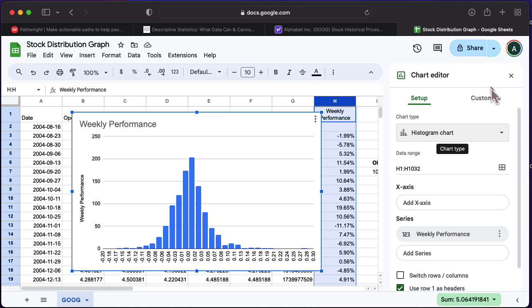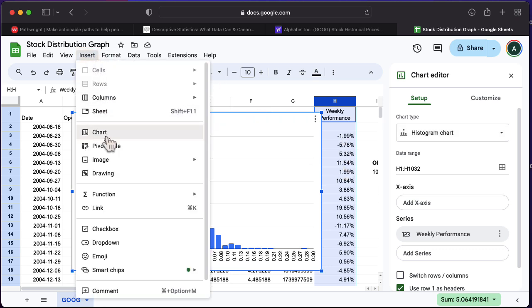Now it's your turn. We want you to take the stock that you downloaded, and we want you to perform the same analysis. We want you to create a weekly performance column with the formula new divided by old minus 1. Remember to start at row 2, not row 1. And then we want you to head up to Insert, Chart. Once you've highlighted the entire column, you can do that just by clicking on H or whatever your column is,